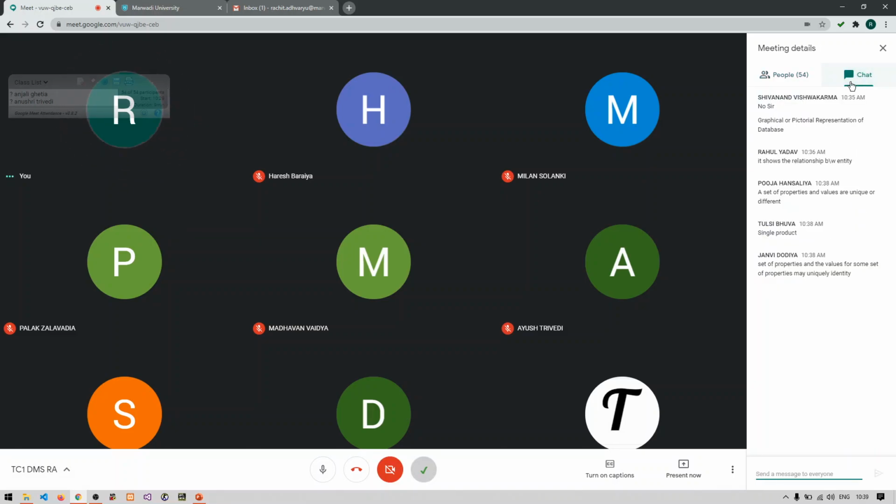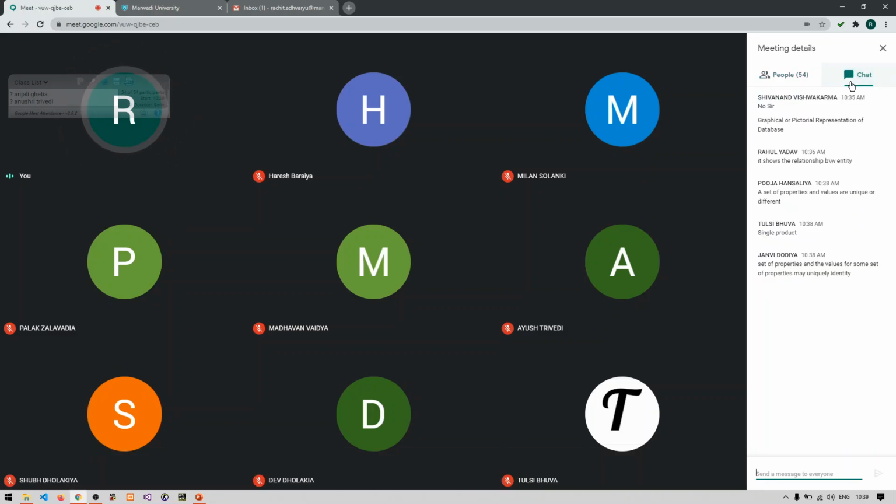So we can say that a single entity, an object which is differing than the other object, is known as entity. And when we combine the similar type of entities in one set, we call it as entity set. That means if I combine all the students of third semester TC1 class with same properties like first name, middle name, last name, mobile and email, and if I combine all the students in one set, then I can say that that set is known as entity set.